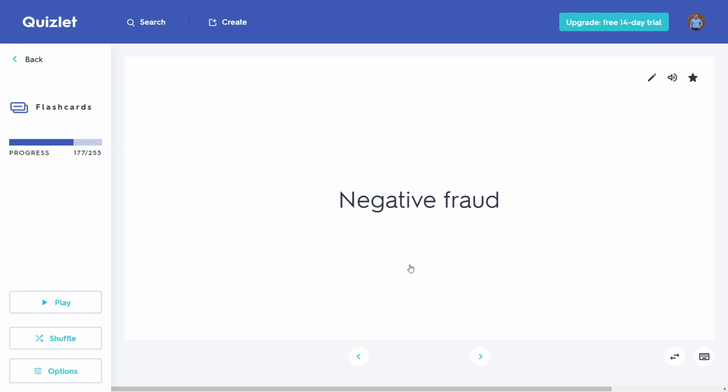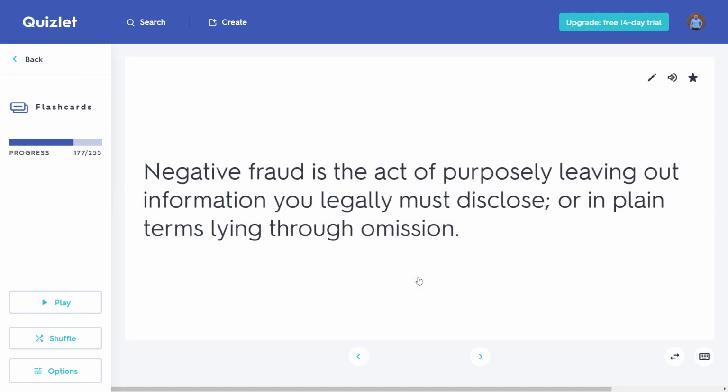Okay, so we did talk about fraud before a little bit. Here's some more. So, negative fraud is the act of purposely leaving out information you legally must disclose, or in plain terms, lying through omission. So, an example of this would be if maybe your client told you that the property had some sort of asbestos problem or something bad, and you're showing the house to a seller, or I'm sorry, to a buyer, and maybe the buyer's like,